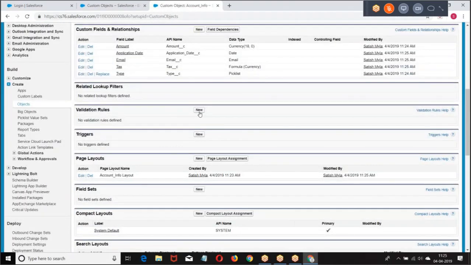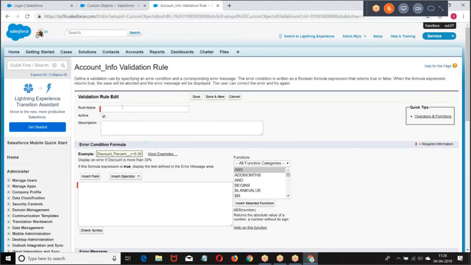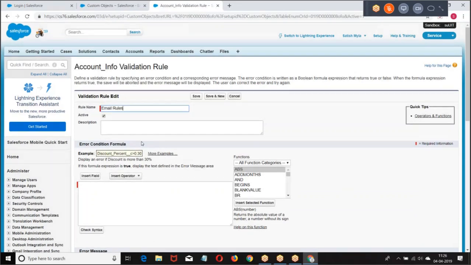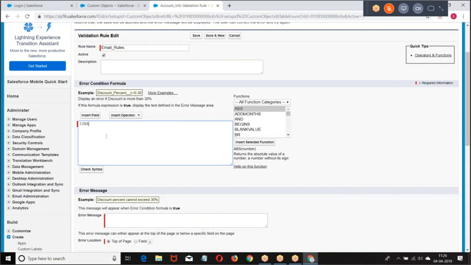Validation rules I want to write. Is blank of email.